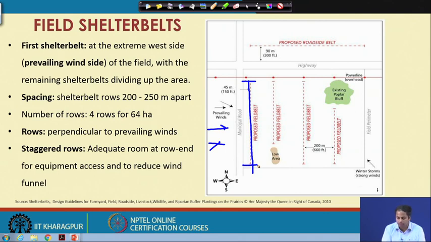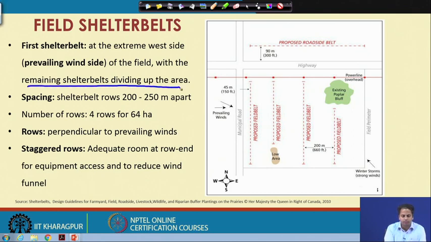This is your field, which is let us say 64 hectares. The first row of the shelter belt is placed at a distance of 45 meters, at the extreme west side of this field, and the remaining rows can be placed depending on the area available.